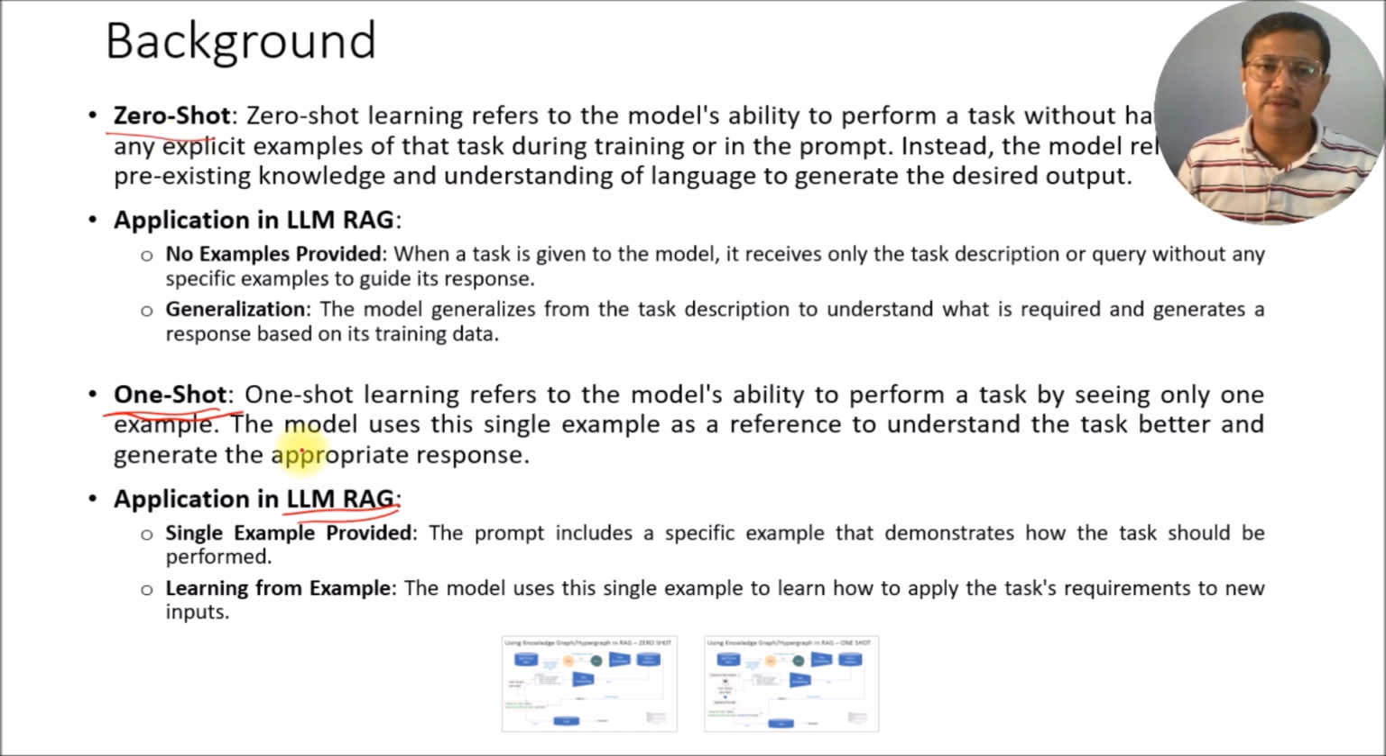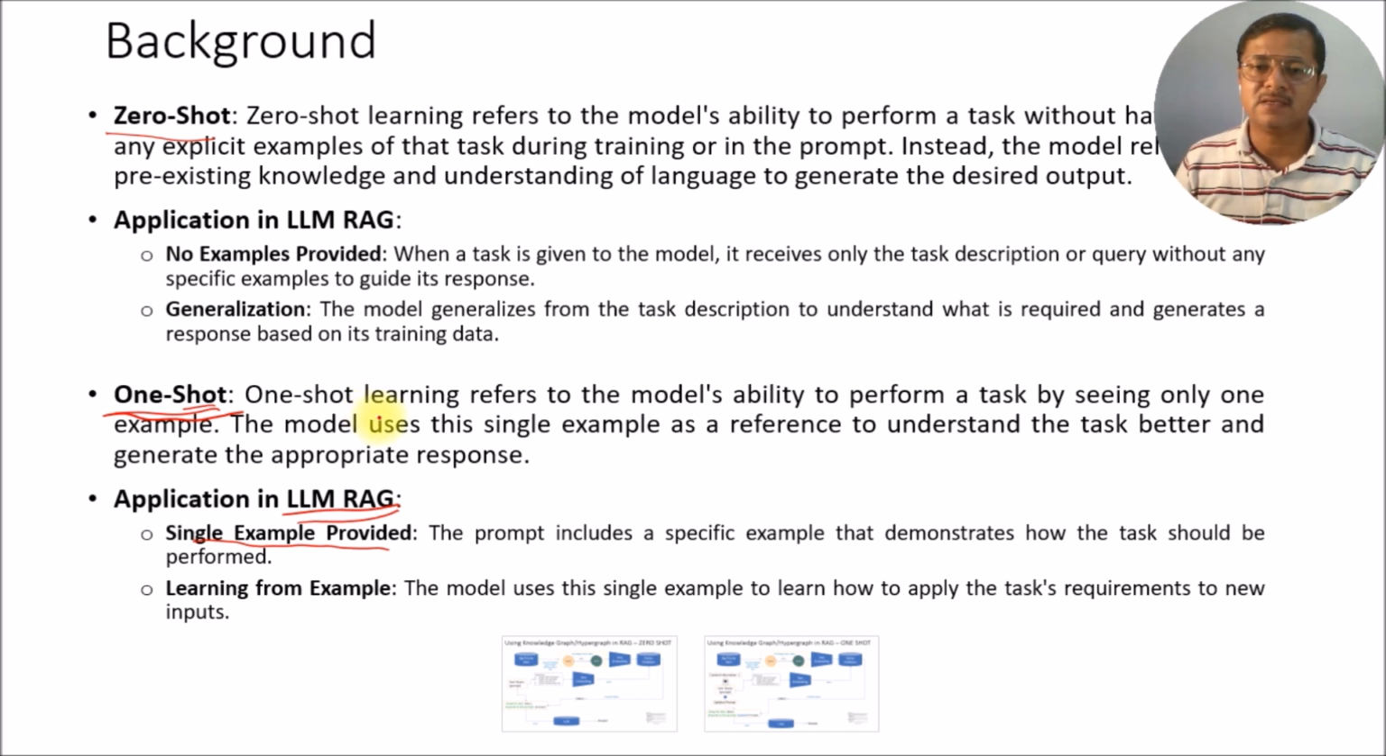But here we are in a better situation, because in zero-shot strategies we had no information about the targeted domain or targeted context, either in the form of our collections or with the prompt. Here we are a little advanced. We have at least one piece of information, a single example with our prompt, which can guide the system to